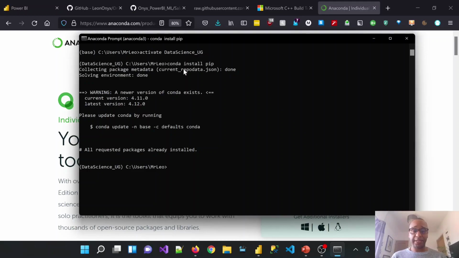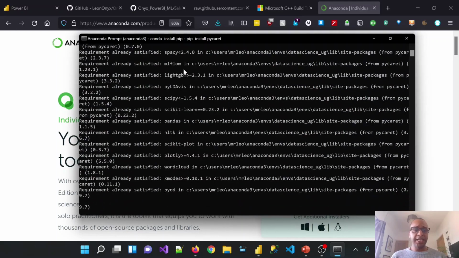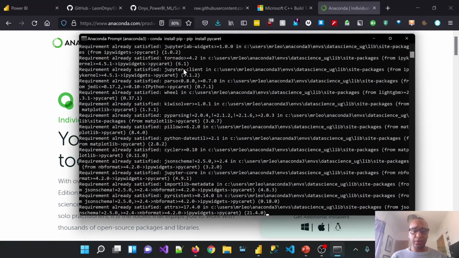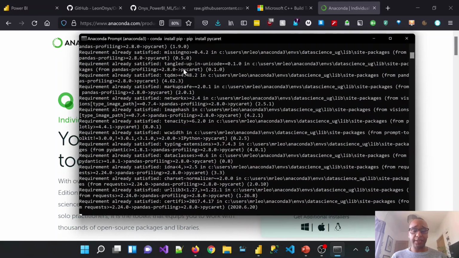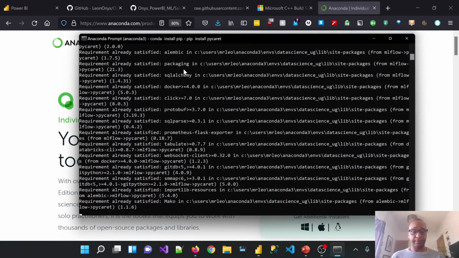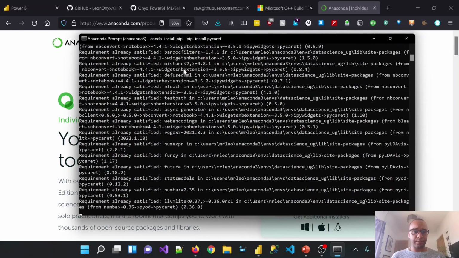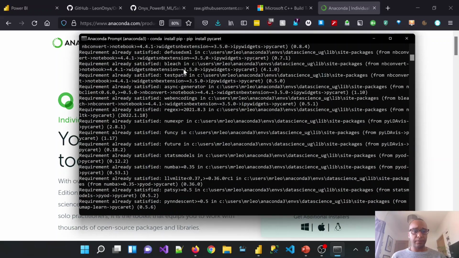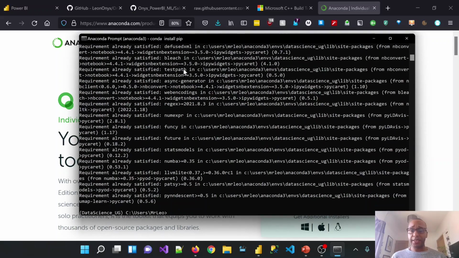So once we have pip installed, we can then use the pip command to go ahead and install PyCaret. Okay, so let's go ahead and install PyCaret. And then again, as I mentioned, this is already installed within the system, so we'll just fly through this, whereby in your scenario this might take slightly longer. Okay. So with that being done, we now have our Python environment and our libraries installed necessary to be utilized within